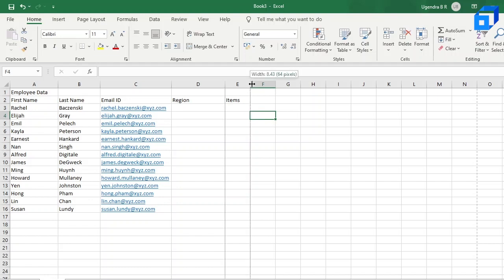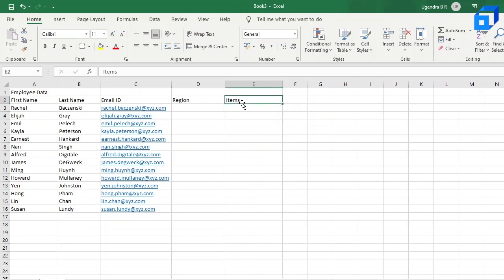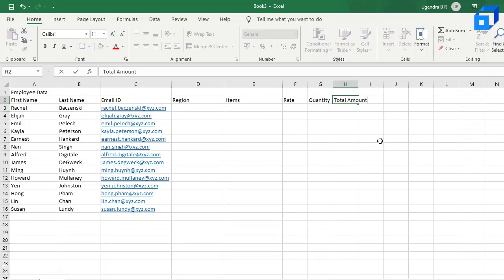Since this is a sales data set of a company, items will have the item which this particular employee has sold, and then the rate of that particular item and the quantity of that particular item which has been sold by the employee. So that's quantity. And finally, the total amount. Total amount is nothing but the rate into the quantity. So that's total amount. Now extend this whole column as well.